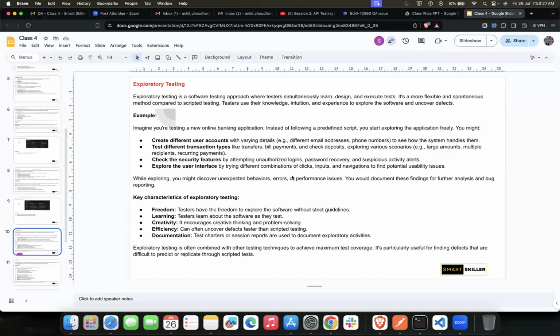First, you'll just be going and trying to use the basic functionalities. Whenever you open that social media platform, they might ask for email ID and password. Now, in that email ID and password field, you just have to make sure that the correct details are filled and I'm able to access that social media platform without any problem. If my details are correct, you just need to verify that. And there might be other login options as well, so you need to verify that other login options are also working.